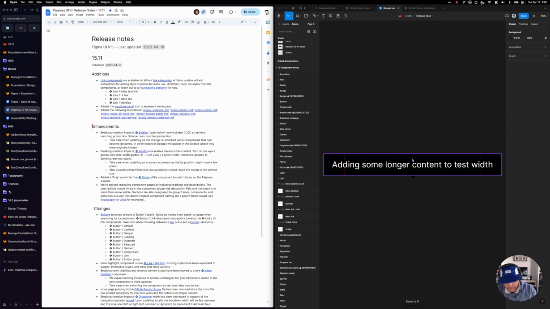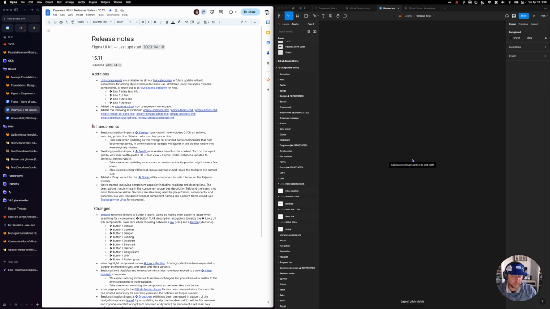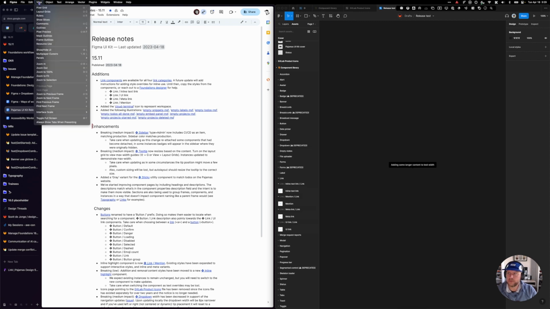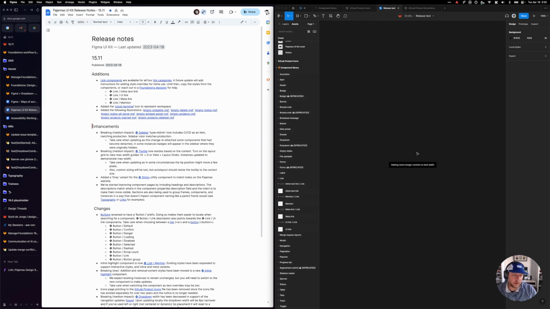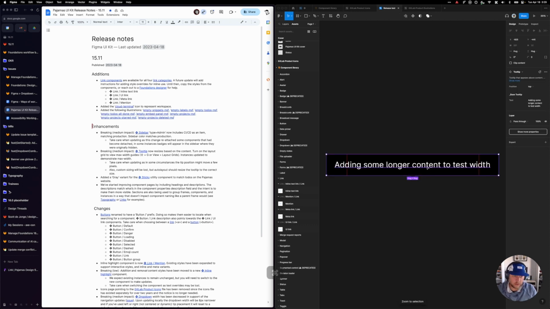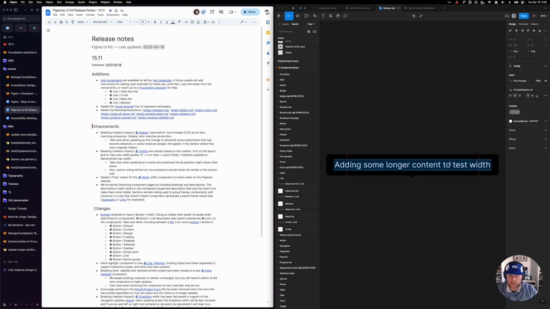There we go. All right. So if I do Shift G, which turns the layout grids on or off, or you can also go up to View and Layout Grids, you'll notice these red lines. Now this marks the edge of the max width. So with the grid turned on, what I can do is simply come in and hit a